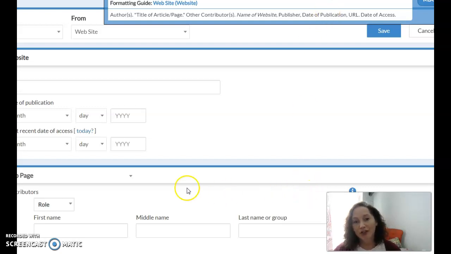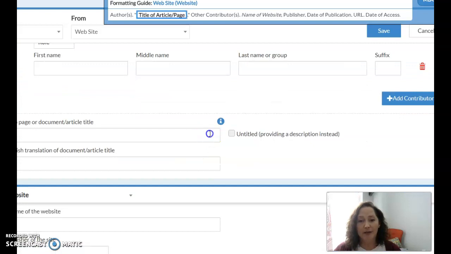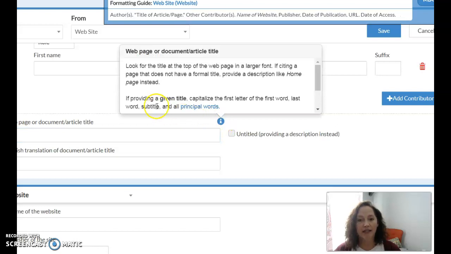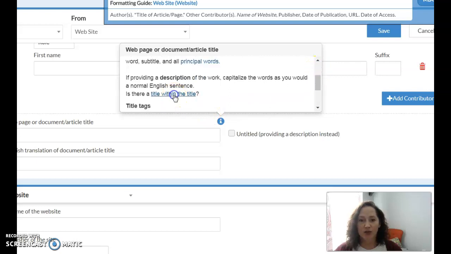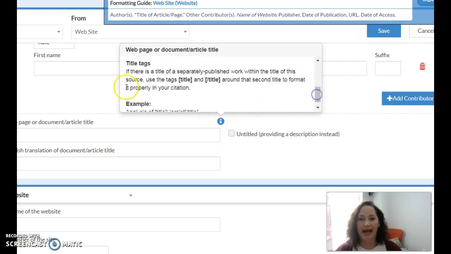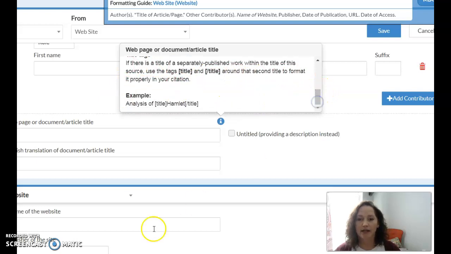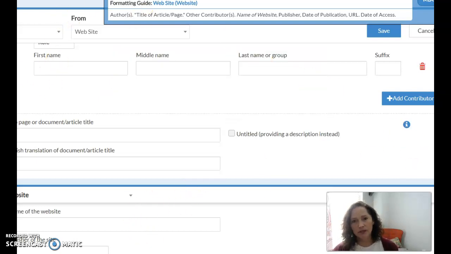Okay, so Noodle Tools is really cool. It's one of the best sources that I have found. One of the great things about it is once you click in a box to enter something, a little eye will pop up so you can click on that and get additional information. Like, for example, it'll tell you if you're typing in a title, what am I supposed to capitalize and what am I not supposed to capitalize? And then you can always click on the links to get additional information as well. So it'll keep adding information as much as you want to read and as much as you need. Okay, so those are some things that you want to be watchful of as you are finishing up this paper.